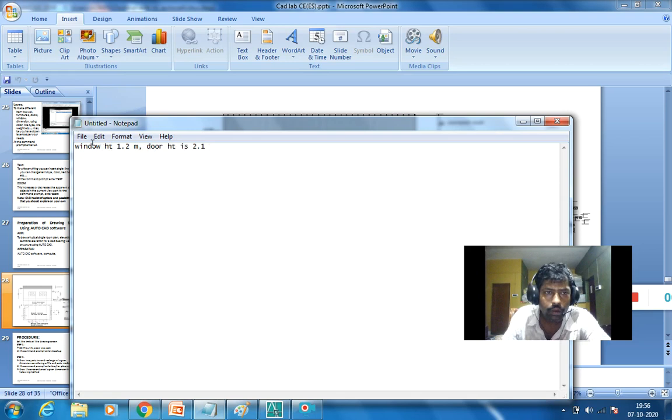So the top of window and top of door are on the same level, so that's why the window is placed